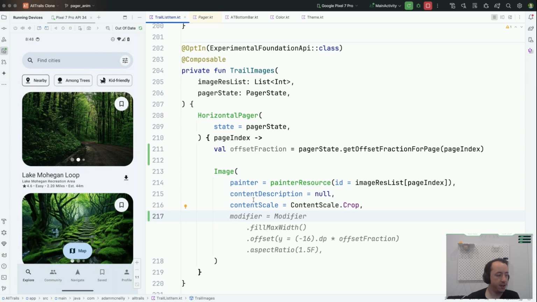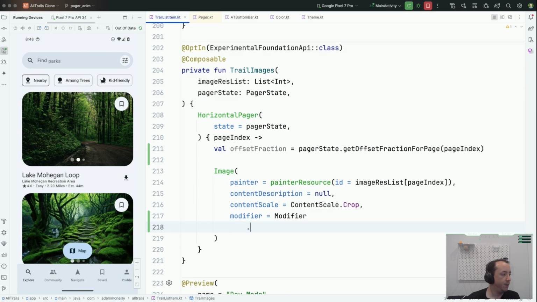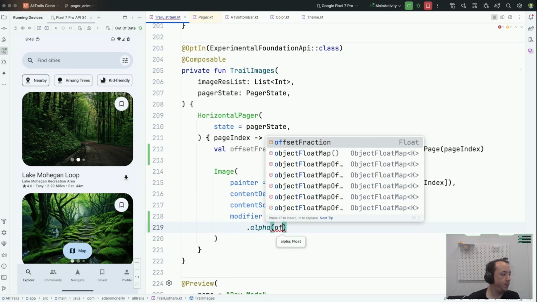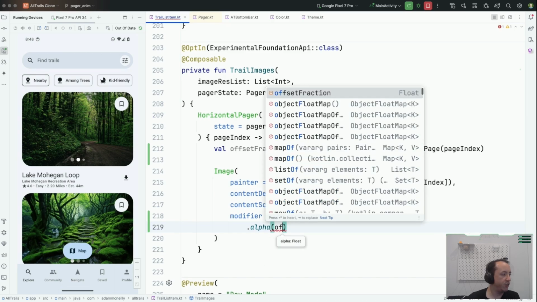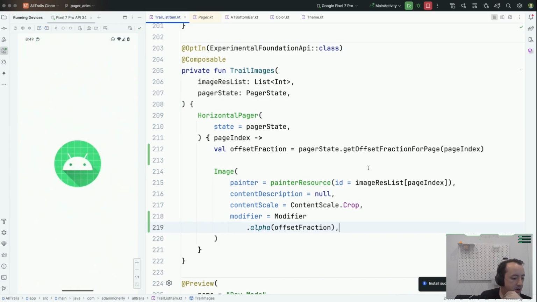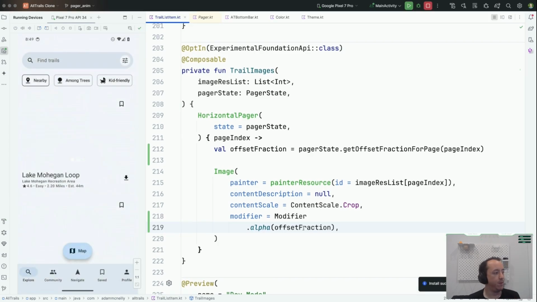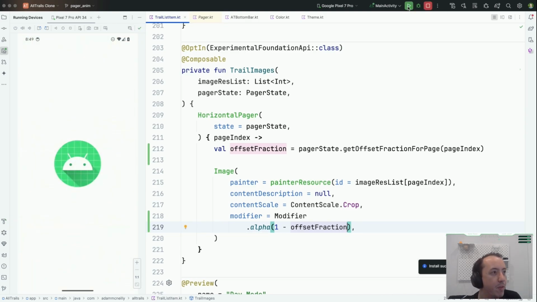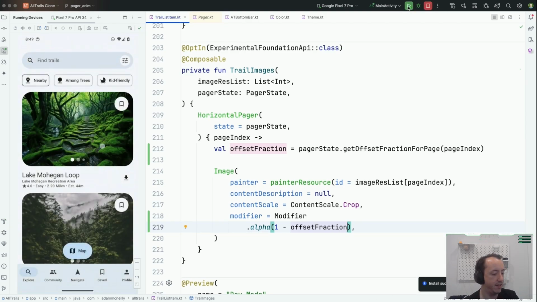So we could do something like that. Like we could do modifier. What if we just try to fade it? So we do alpha is, I don't know, offset fraction. Let's see what this does for us. Okay, wrong way, because here it's 0. So let's do 1 minus offset fraction. So we default to 1, but as we scroll,